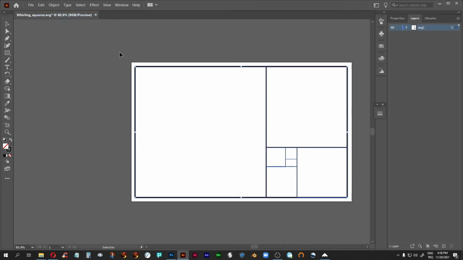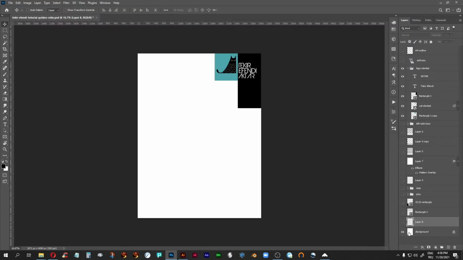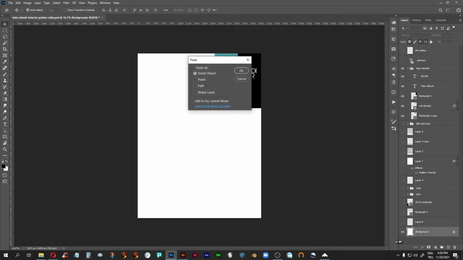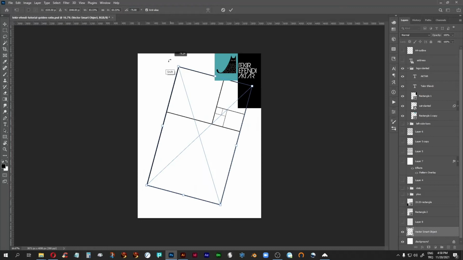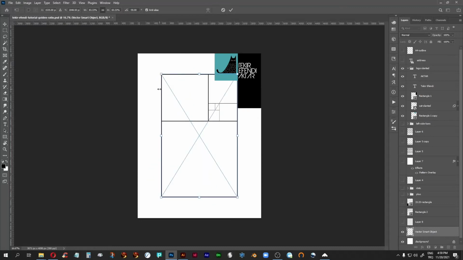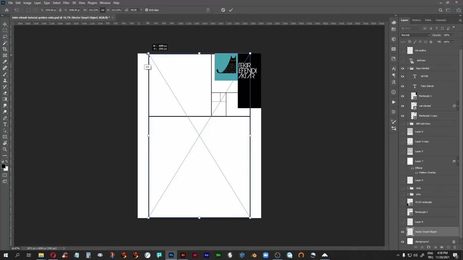and then just take the whole thing, copy, and then boom, paste. Now it's going to come as a horizontal. We need a vertical, so I'm just going to rotate it, holding down the shift key so that it rotates exactly 90 degrees. Hold down the alt key, scale it up, and now what you can see is that